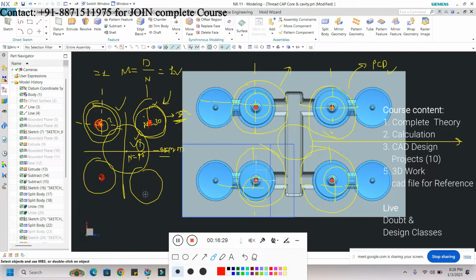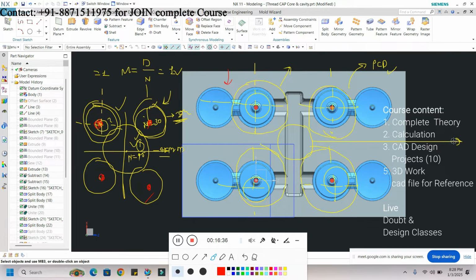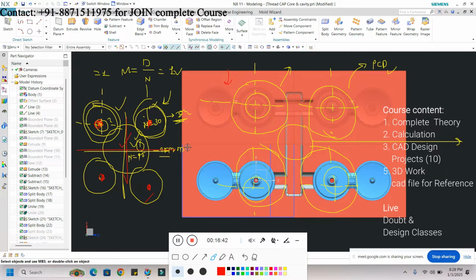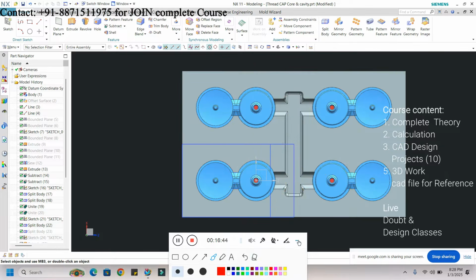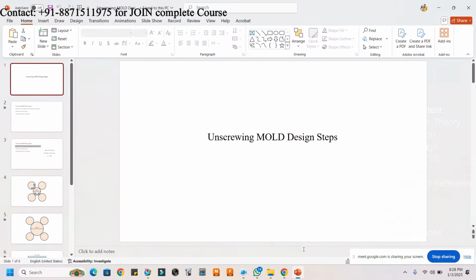At this PCD, or at this point, we have to place our component. Why? Because we have to use this gear system. That's why. Okay. Now see the selection of the gear. How to select the gear? See.